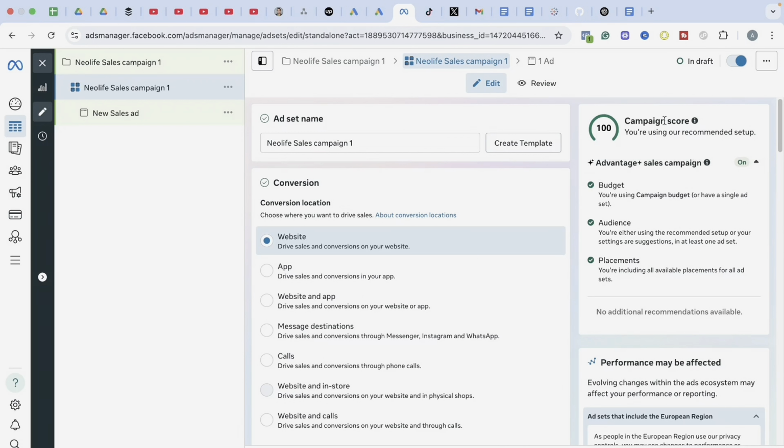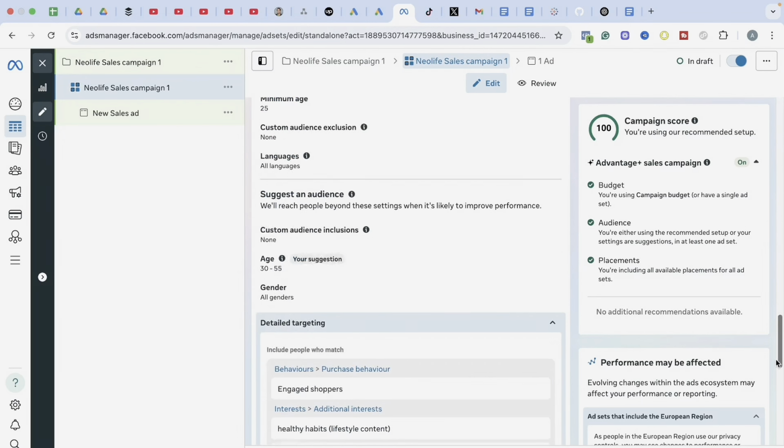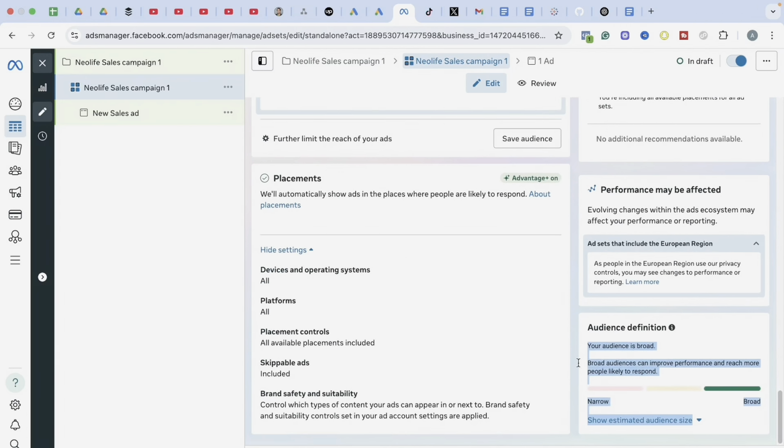And if you see the new way Facebook is scoring our campaign right now, they use this campaign optimization score. Which means you have to combine campaign budget optimization with your audience and placement. Just leave it, because you want to run an ad with a small budget. You are not testing a lot of things, and the kind of testing you are trying to do, you are also considering your budget. So what I just need to do next is to move down out of this place. I'm not editing my placement. I want my ad to serve on different platforms. I'm just launching my campaign with a small budget. I want to get results with a minimal budget.